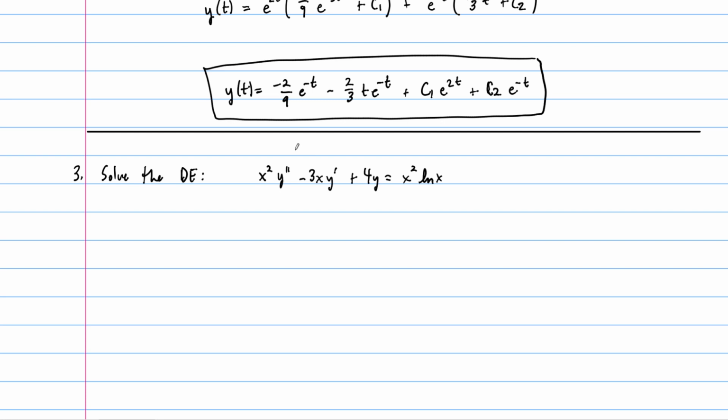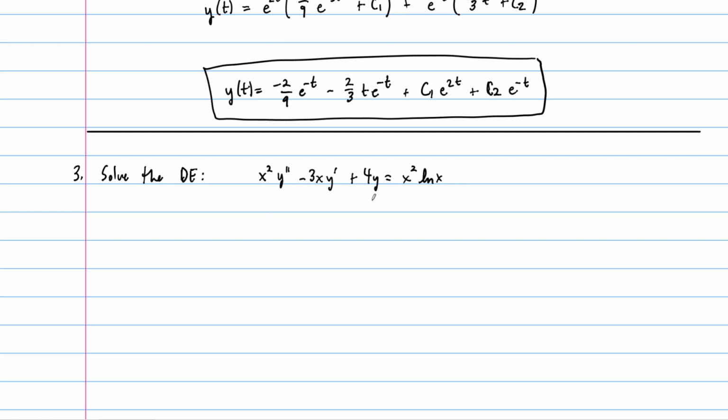So again, if we're very careful, you could do this one by undetermined coefficients. Again, if you're very careful. But let's do this one by variation of parameters. Again, I want you to pause the video and try this one on your own before we do it together. But what I would say as a hint is that you first have to solve the homogeneous equation. So you have to think about what kind of equation that is once you make it homogeneous. And then once you have those solutions, then you need to go through and get this in